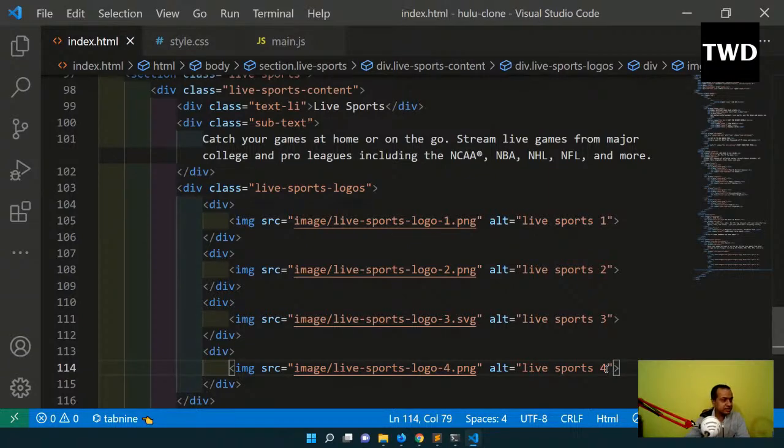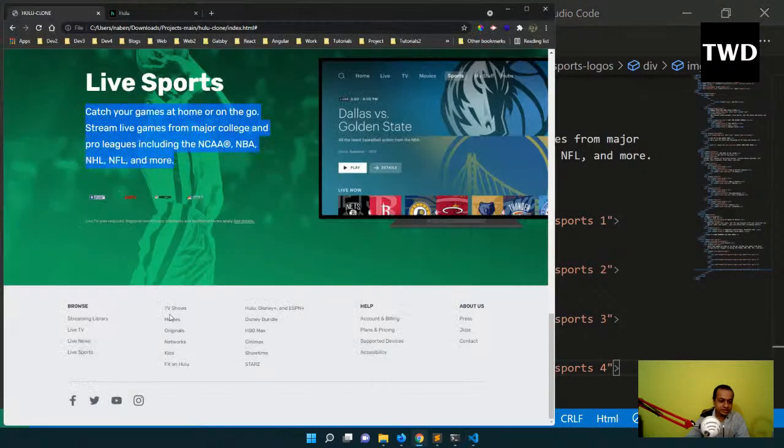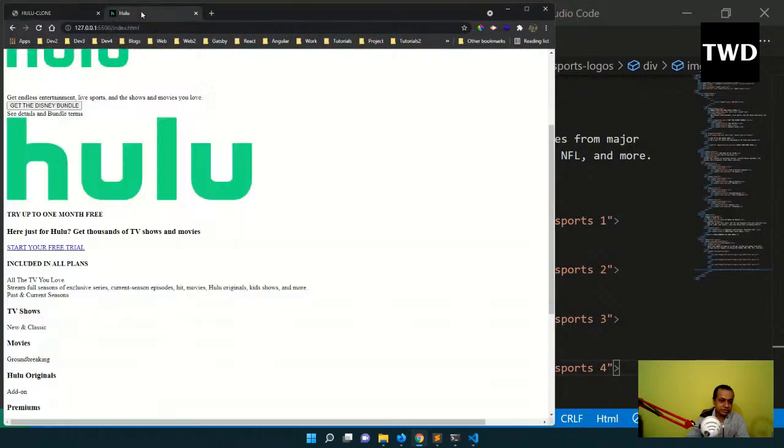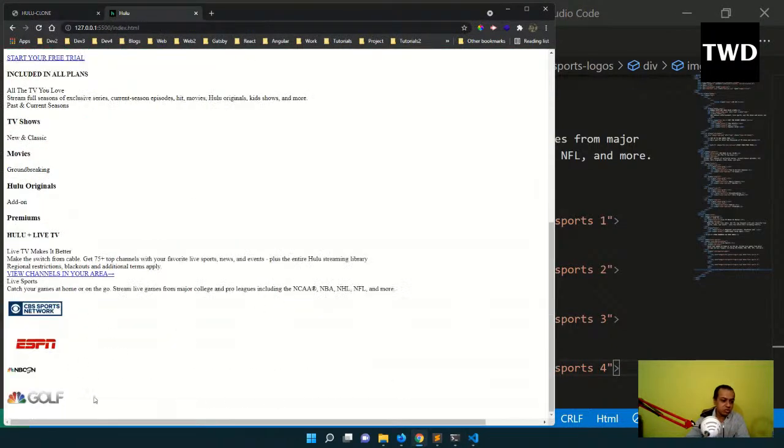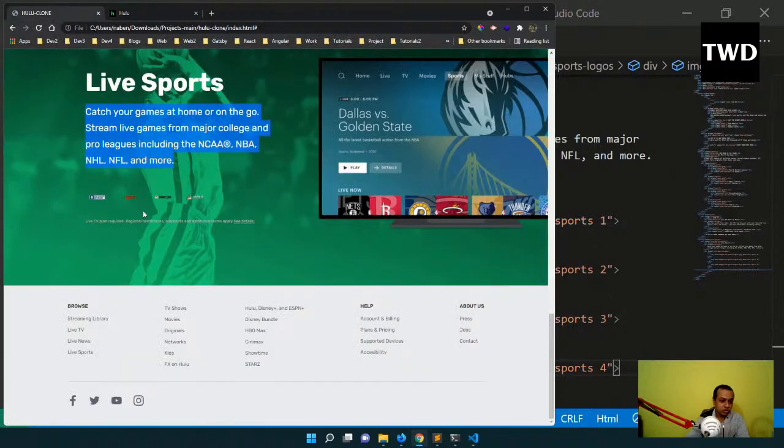Save it and see, it is coming till here. So these logos are also coming here. Okay, so all these small logos are